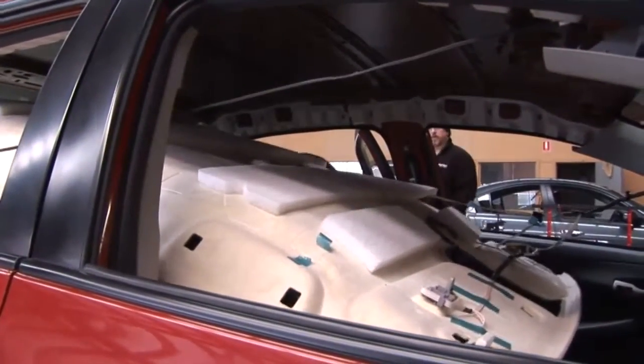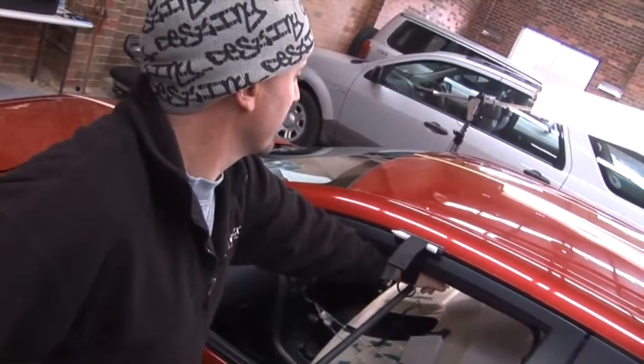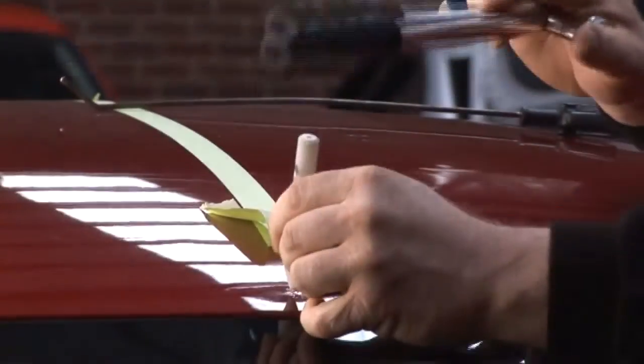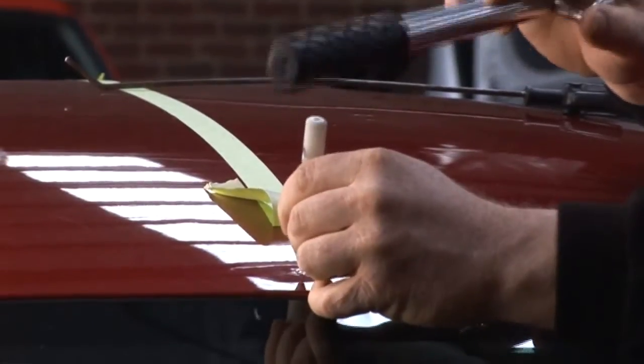What you can see is a dent being pushed out at this time. It looks nice and easy, but if it was easy everybody would be doing it. What it does take is a lot of care and precision, and many people have tried and ended up damaging the paintwork by pushing too hard or with instruments that are too sharp or possibly even too blunt. So a lot of care is taken to push the dents back out and give a nice flat surface without